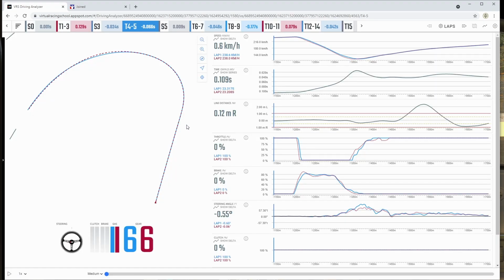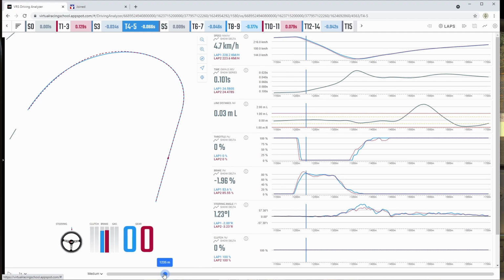So let's have a look at turn 4 and 5. Another good corner. Braking points are damn near spot on, 1201 to 1204, so 3 meters. The Mecas, sorry, are a lot quicker up to threshold. Peak pressure there of 89 versus the VRS, which has got a peak of